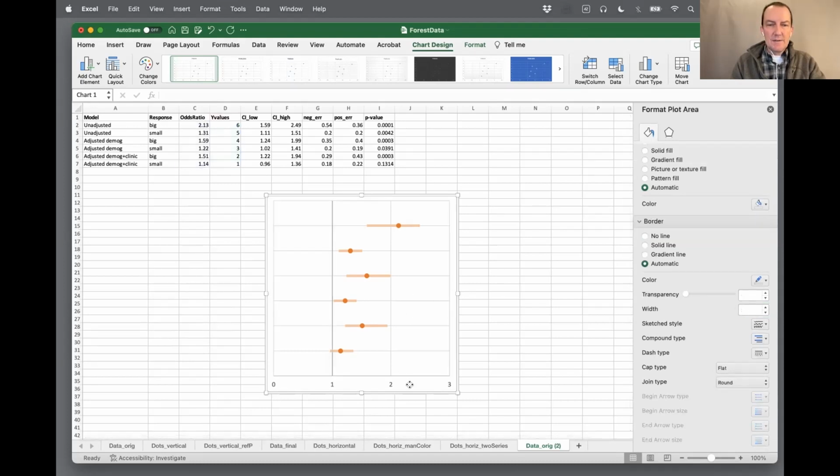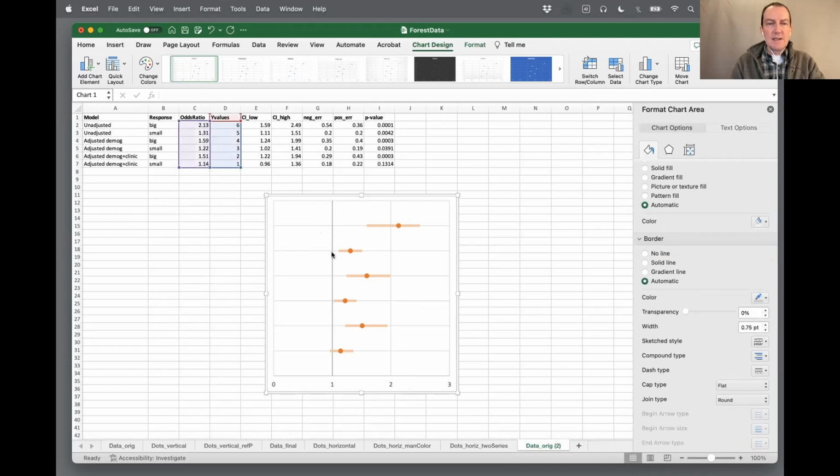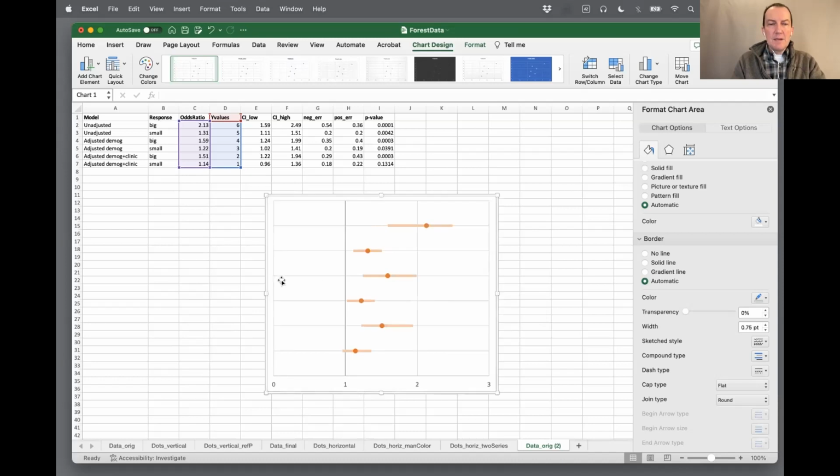So now if I click off of this, click on some other area, you can see I've got this reference area, and the error bar goes over that reference line. And you could make it whatever color you want. Okay, now I'm going to make my plot itself a little wider. I could do that later, but